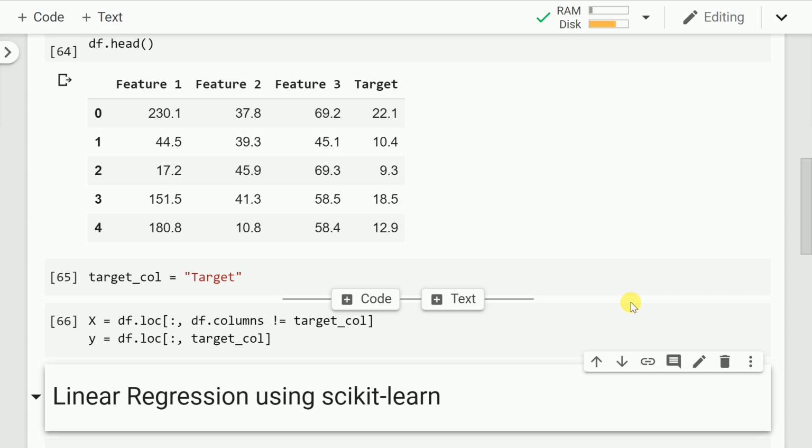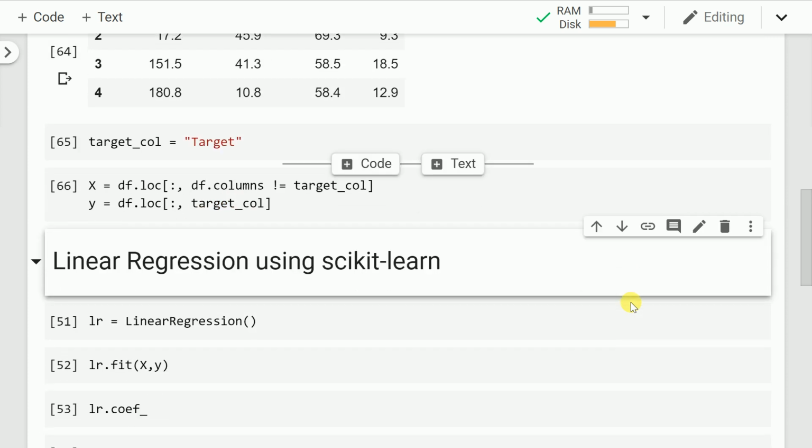So for this tutorial, I'm skipping the whole EDA exercise, which is an integral part of model building, just because I want to focus on one part of linear regression, which is understanding the various tests which are there in linear regression, the values, what is their significance, and so on and so forth.